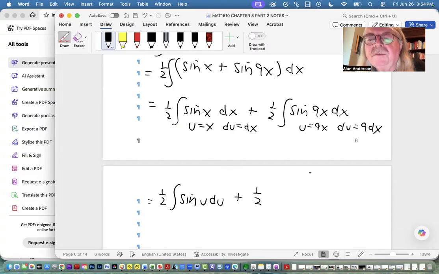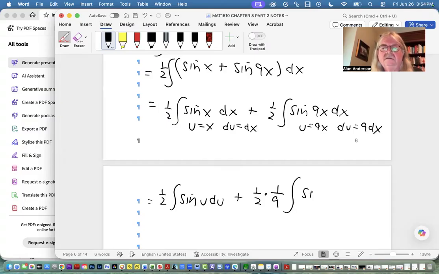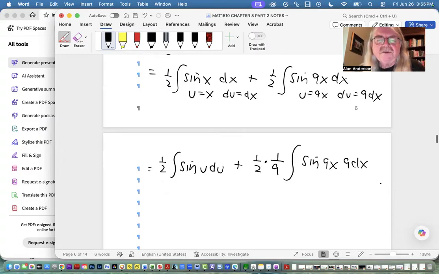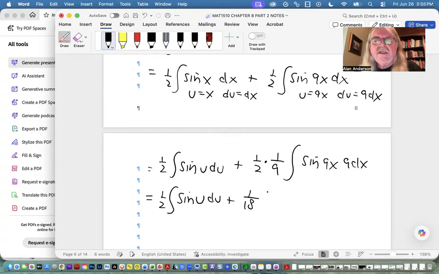So what I've got to do is multiply by 9 and then divide by 9. And so the first term is fine the way it is. 1/18th, and then here,